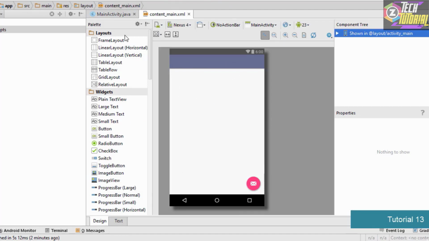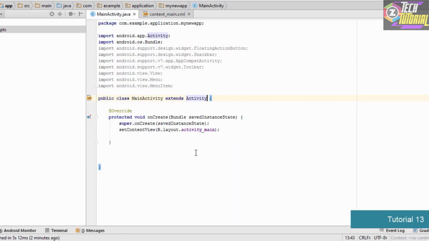Now once everything is deleted and cleared, the next thing we need to do is go into this main activity.java file, and start writing the Java code for designing our interface. Before designing the interface, we need to use a certain layout so that the elements are placed in the screen in that manner. In this case we'll be using relative layout. What relative layout means is that each and every element present on our activity is going to be placed in relation to each other. If you don't understand relative layout right now, you need to hold on, and it will make more sense when we go into the depth of this tutorial.